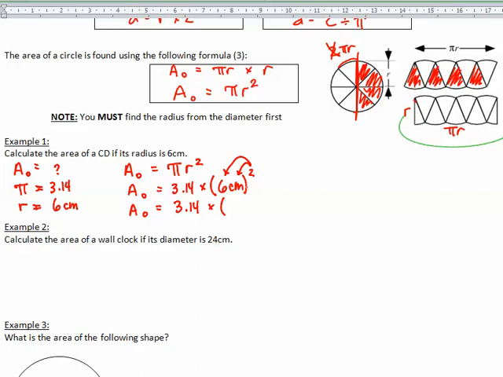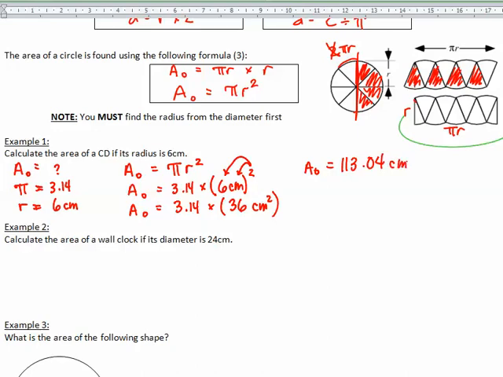So 6 squared, if you remember exponents, means times itself. So 6 squared is 6 times 6, or 36. And centimeters times centimeters is centimeters squared. I could now drop the brackets because there's nothing left in the brackets to do. So the area of a circle is equal to 3.14 times 36 centimeters squared, and the area of the circle is